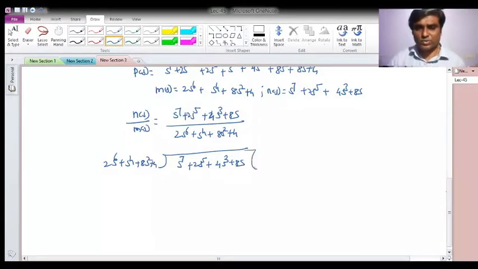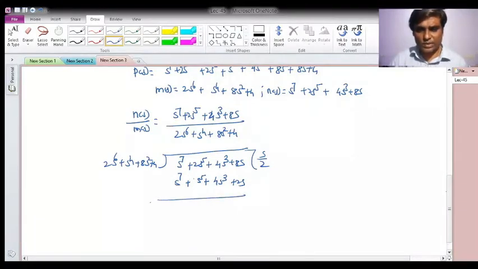So let us do the continued fraction expansion. It will be 2s raised to 6, so it becomes s by 2, so it will be s raised to 7. I have solved it, so I will directly write it. It will be 1 by 2 s raised to 5, so it is s raised to 5 plus 4s cube plus 2s.